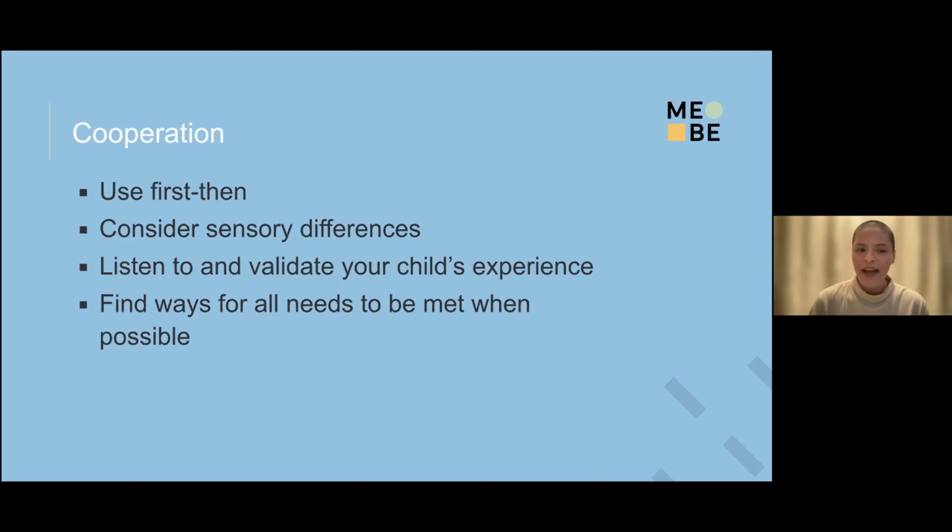And the last one we have is finding ways for all needs to be met when possible. Any relationship is a two-way street, right? So finding ways to meet in the middle. For example, with the building blocks, maybe they take turns, right? They're building the rainbow block, and when it comes to purple, Rita's friend can put the purple one on. That's one that Chelsea came up with. I thought it was a really great idea. So finding ways for everyone's needs and desires to be met, and of course keeping in mind how flexible your child can be in that moment. But always encouraging that cooperation and flexibility.